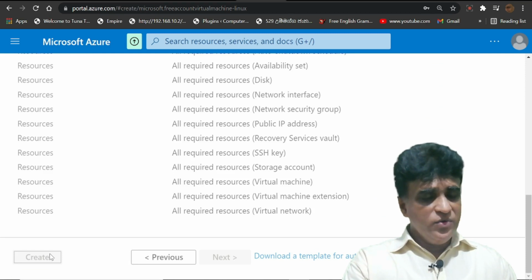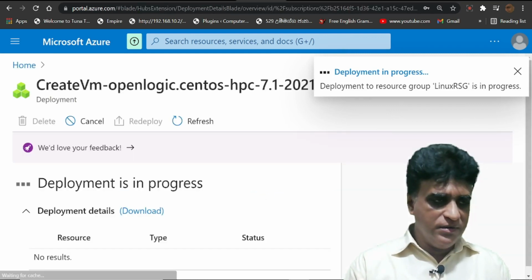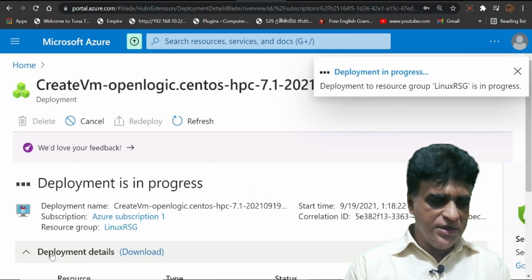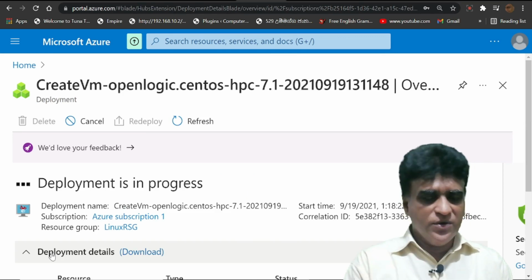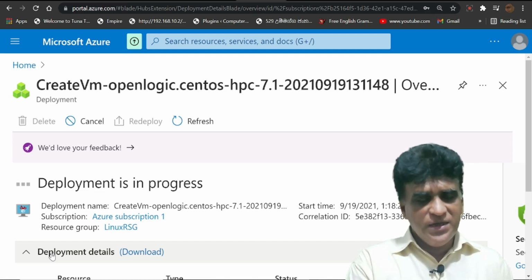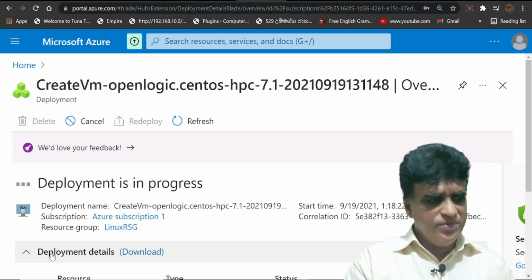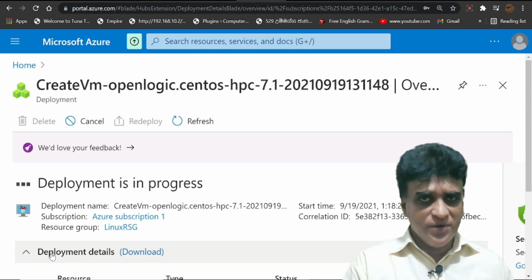If you are going to install in a local on-premise machine, then we have to spend more time, right? We have to download ISOs, we have to burn ISOs in CDs or DVDs, and we have to boot, and we have to install, we have to face many problems in the installation process.